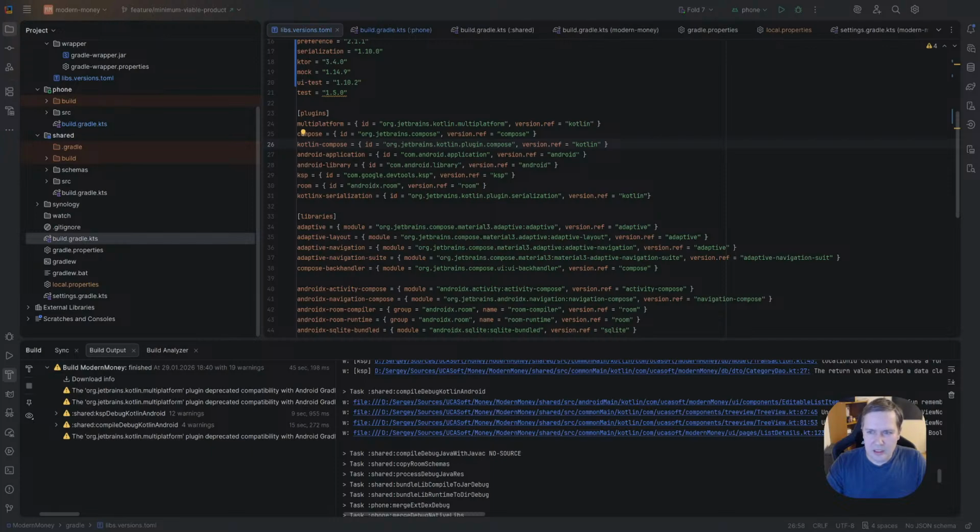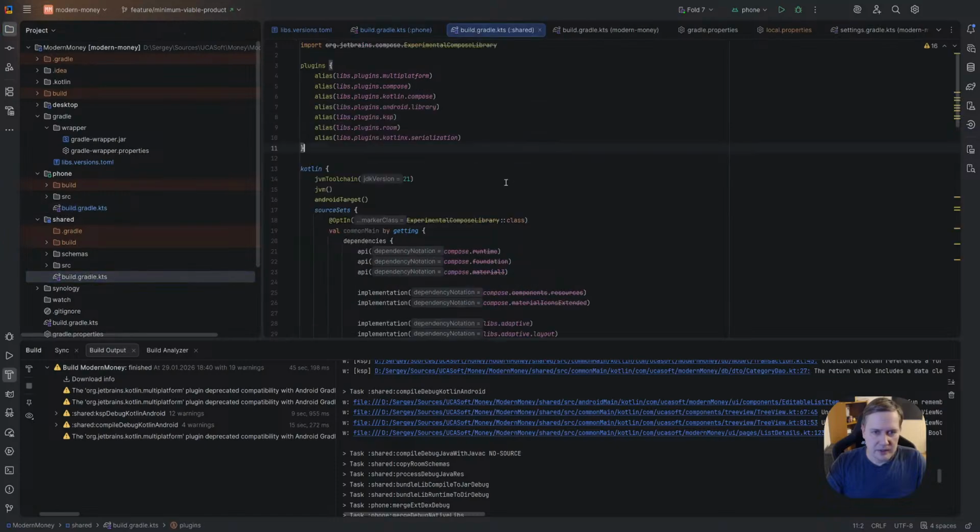Okay, migrate from legacy plugin. Since Gradle plugin version blah blah blah, a new configuration block instead of Android library. The Android library block is deprecated.